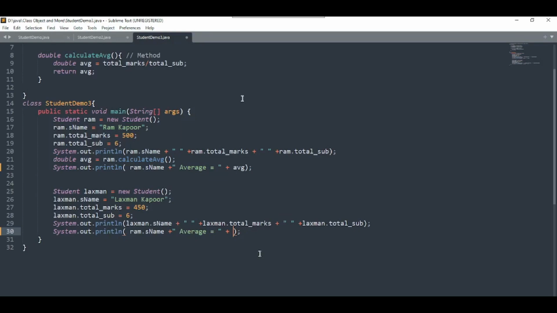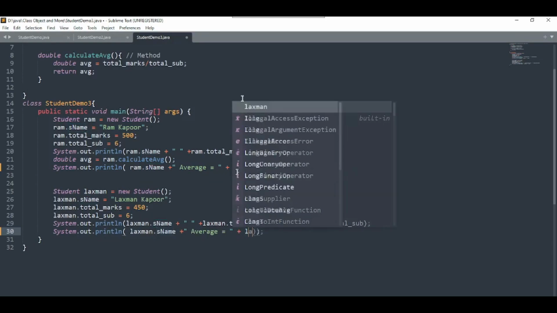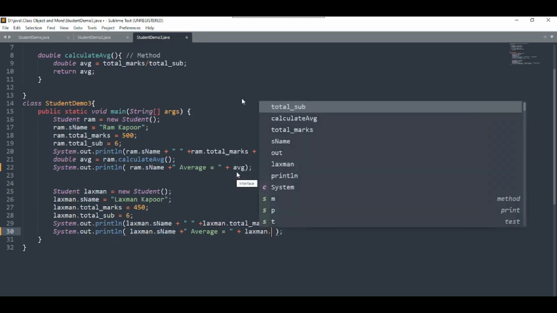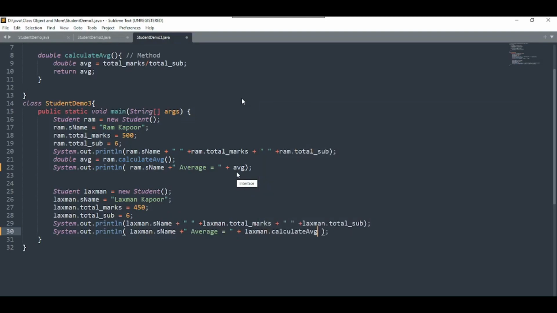the Lakshman. So what I need to do is, here we have written Ram, which we need to change to Lakshman. Okay, Lakshman dot s name plus Lakshman dot calculate average. You can call this method this way also, Lakshman dot calculate average, right? So in line number 22 we have written it in one way, and in line number 32 we have written